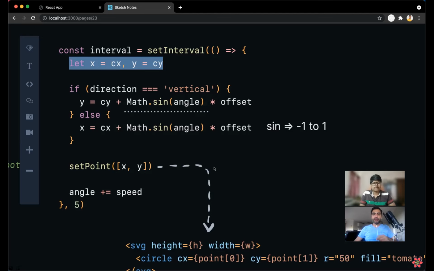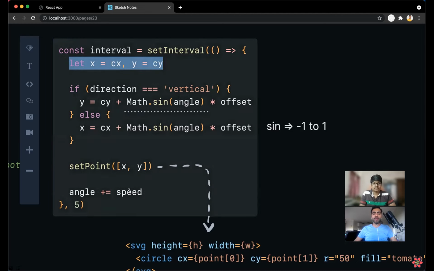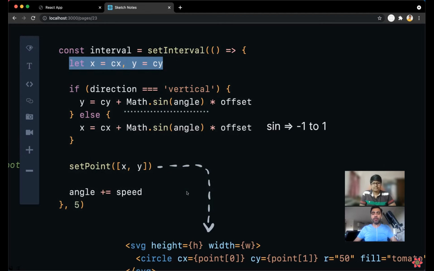So it can keep on incrementing this speed value or angle. This speed is an increment, like 0.01, it will increment slowly, and that oscillation will happen in that fashion. Even if it runs for, let's say, 24 hours, this angle may go to 1000, 2000 value, but this sine function will always return a value between -1 to 1. Got it, yeah.